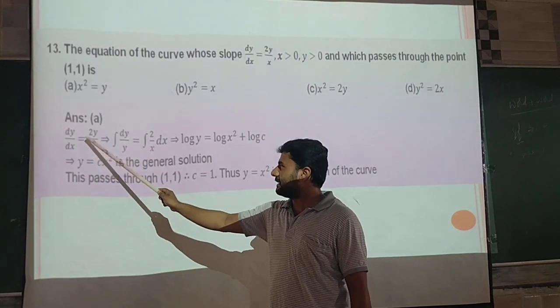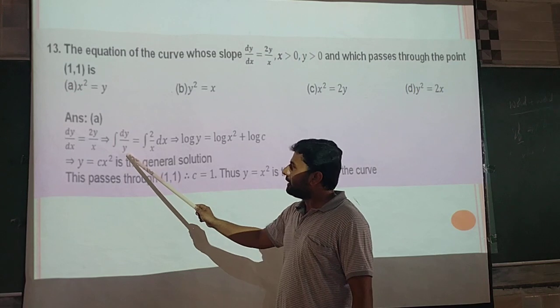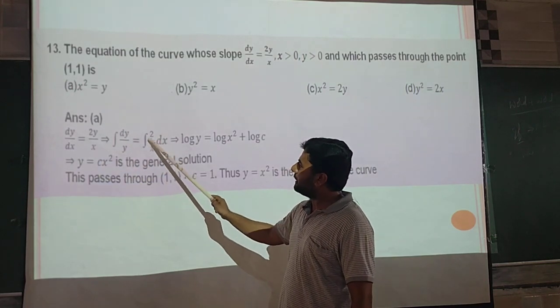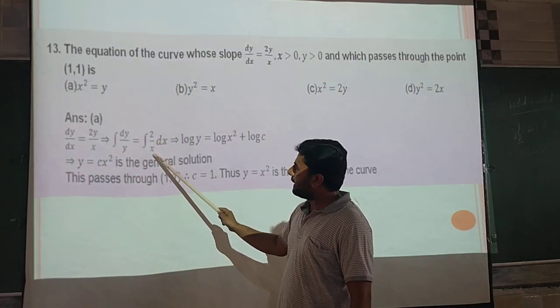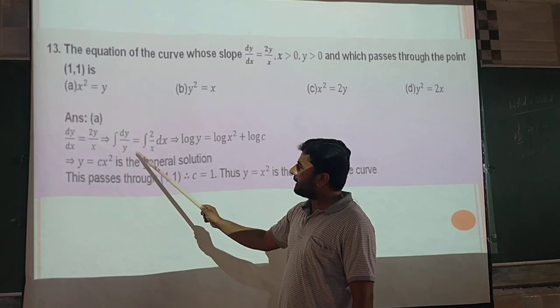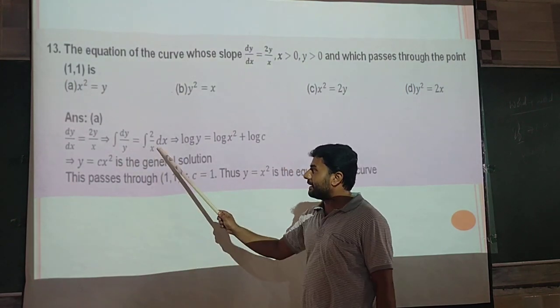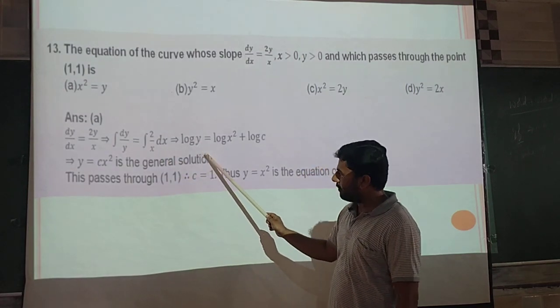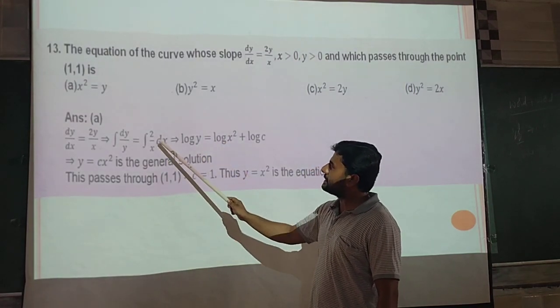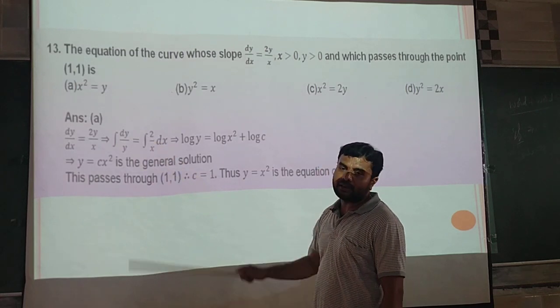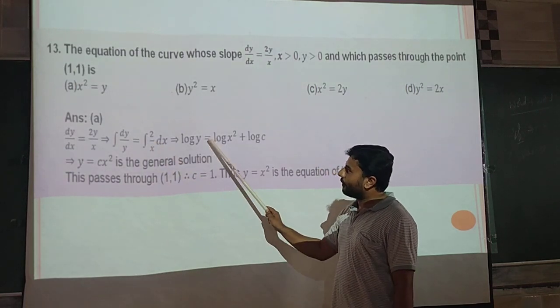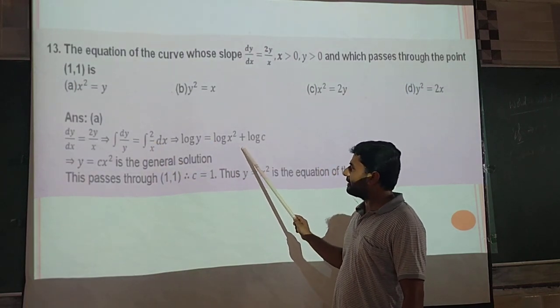2y shifted to the left side, that is dy by y, and dx separated. Integrate 2 divided by x into dx, applying integration on both sides. This is the variable separable method: the variables are separated, then integrate 1 over y, log y is equal to, as it is, 2 remains constant, integrate 1 over x, 2 log of x, that is log of x square, plus the integration